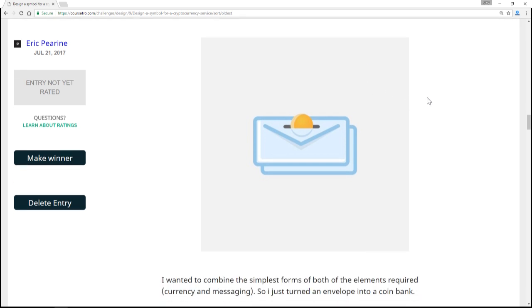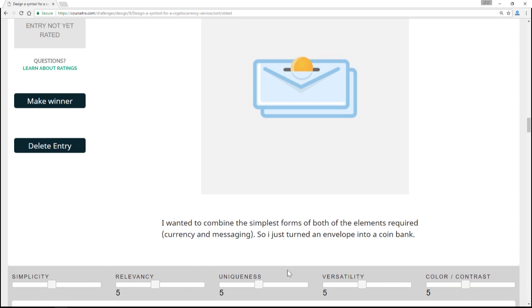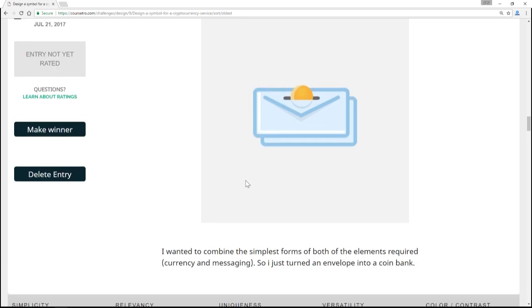This is actually a pretty solid entry. Again, I'm going to go through just these 5 different criteria here. In terms of simplicity, it's not the most simple because we do have a lot of lines that we can see here. But however,